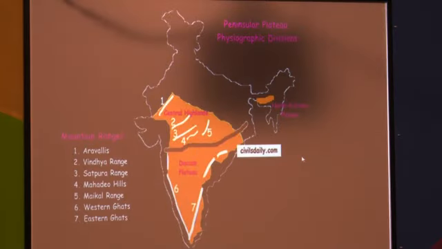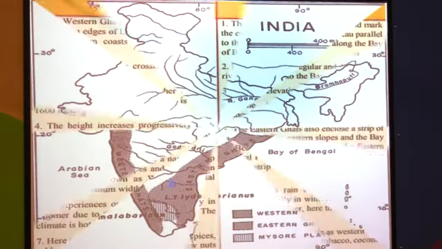So students, when we observe here, near the eastern part the width is more, shallow width is here. In between the Eastern Ghats and the Bay of Bengal, this is the eastern coastal plain area. It is the shallow area, and when we observe near the Western Ghats and Arabian Sea, the western coastal plain area is here, and it's very narrow, means this one is narrow and this one is very shallow area. See the next difference.